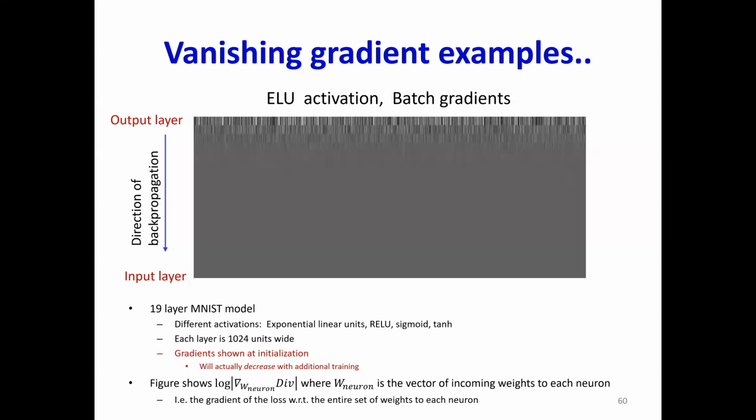What do we see happening? As it goes down, the derivatives simply disappear, right? This is for an ELU activation. This is for a ReLU activation. This is for a sigmoid activation. It doesn't matter. For the ELU activation, the derivatives last for up to 5 layers. But by the 5th layer, in every case, the derivatives have gone to 0. They basically vanished because every layer shrinks the gradient. And this is for tanh, right?